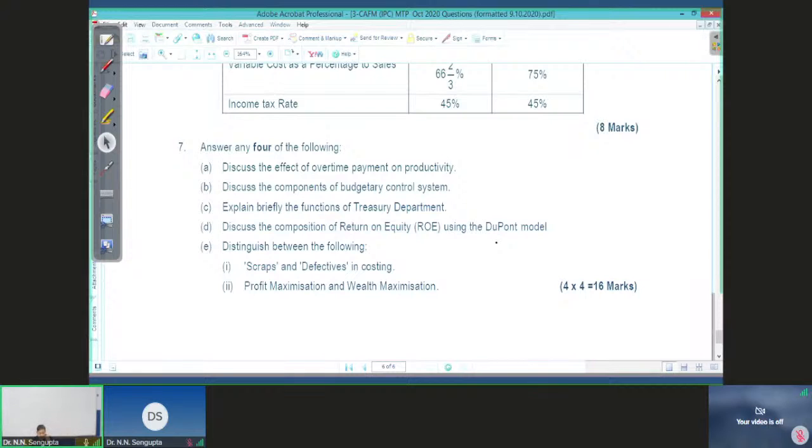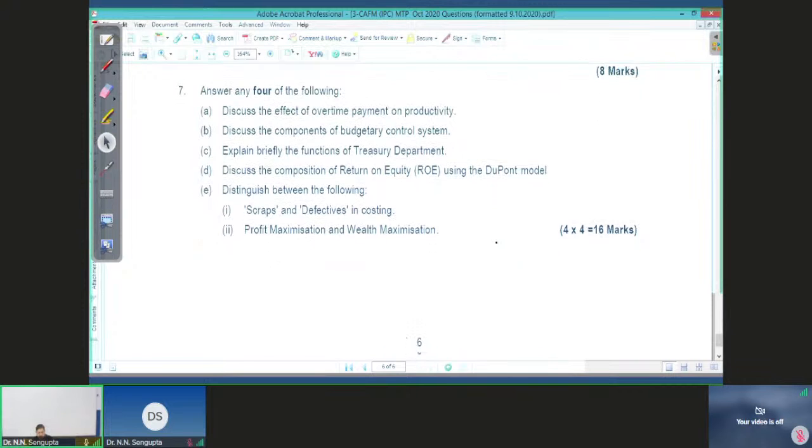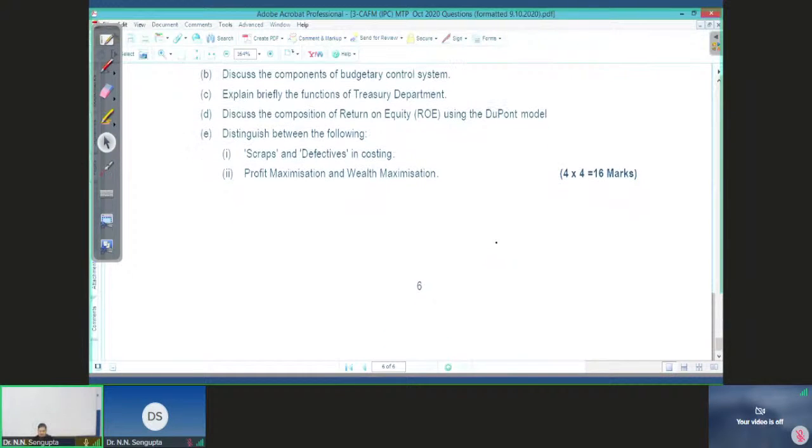the financial management part. So effect of overtime payment on productivity, just now I told you it can be the treatment of overtime payment also. Components of budgetary control, normal, very straightforward question. Function of treasury management. Treasury and cash is another area. Different model of cash, another area where the theoretical question also may be there. Then the composition of ROE and DuPont analysis, the difference between scrap and defective. So this is basically the question paper of